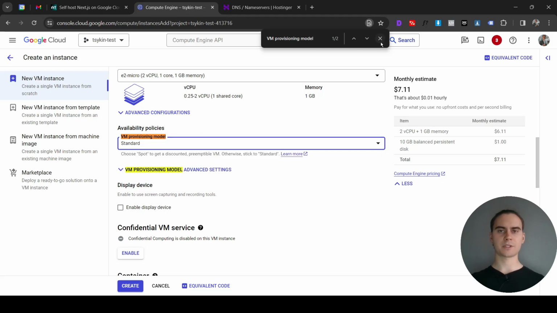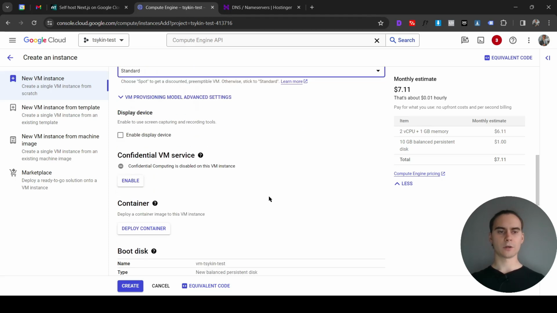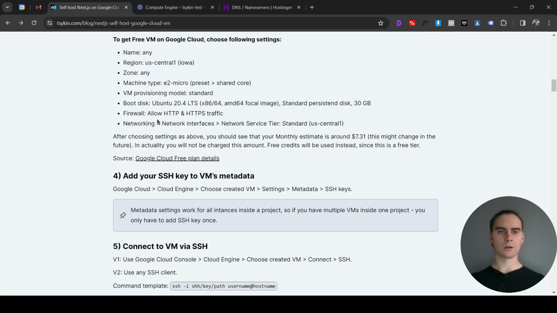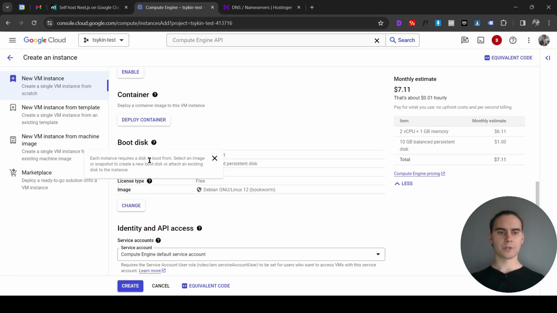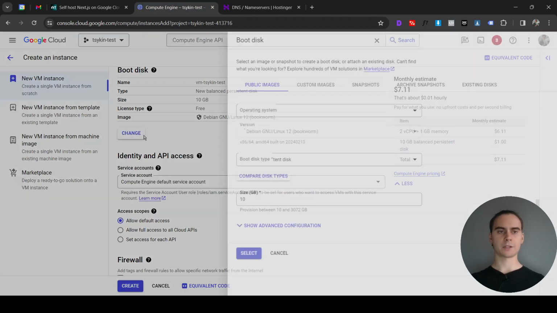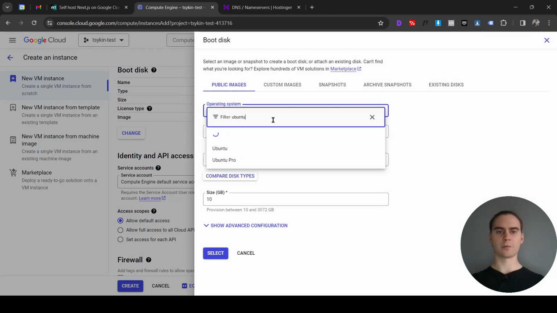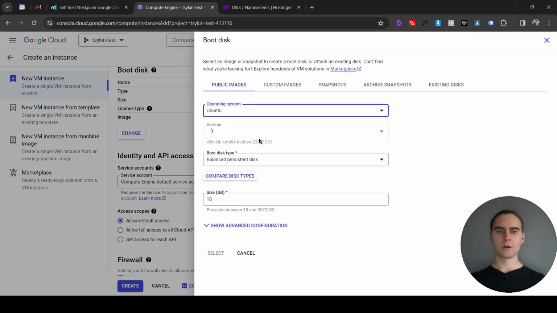So not spot, but standard. It's already chosen, so we don't need to click any extra stuff here. Next, we need to choose the correct boot disk. Under boot disk, I click change, and I will choose Ubuntu as the operating system for this. Version